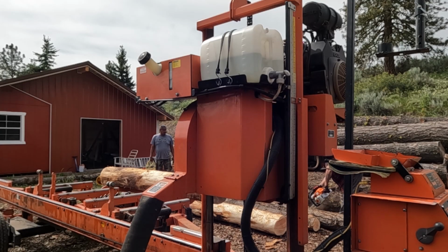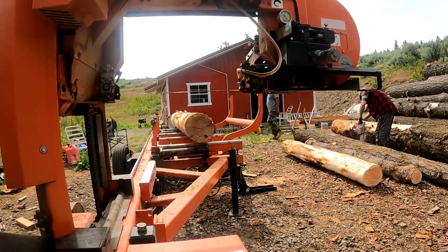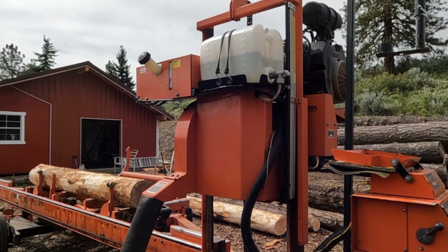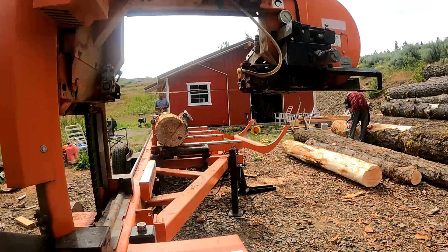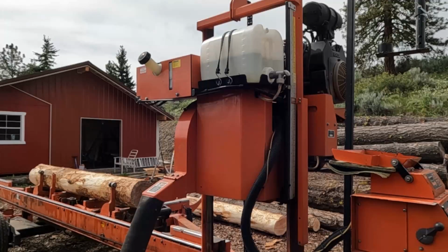So we find ourselves about 150 miles from home, about 4,200 feet in elevation, up in the mountains outside of East Wenatchee in eastern Washington. I really couldn't beat the weather. It was great, and I had a big pile of logs. You can see them there to the right. Most of it was Doug fir,